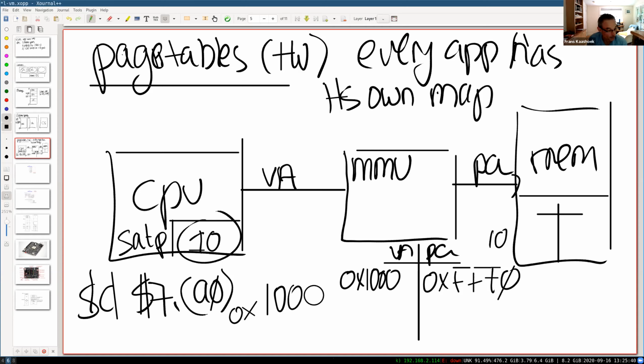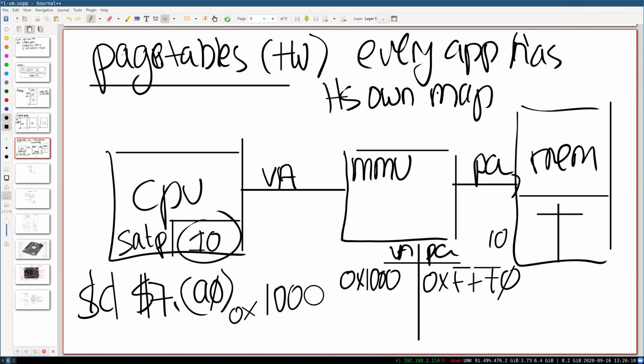How many addresses are there on the RISC-V in principle, or how many addresses could a register store? Registers are 64 bits wide, so how many addresses? Anybody? I know I'm insulting your intelligence by asking these questions, but